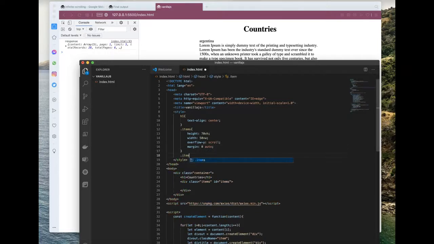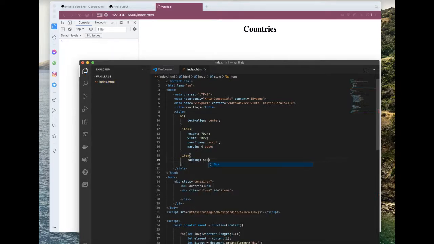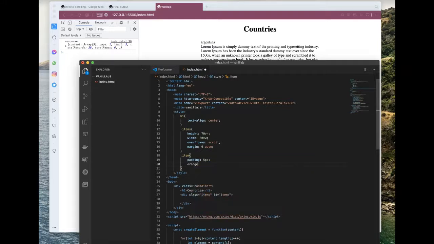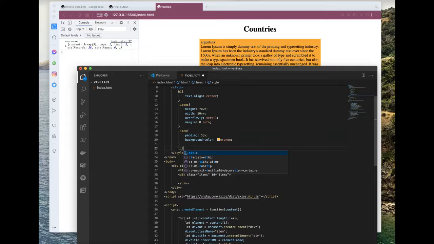Let's also add CSS to our item element. Let's add CSS to our title class.